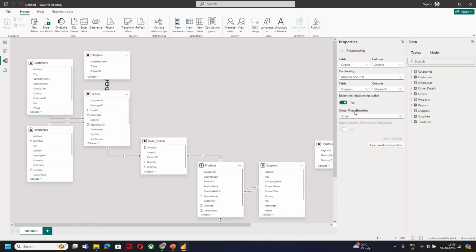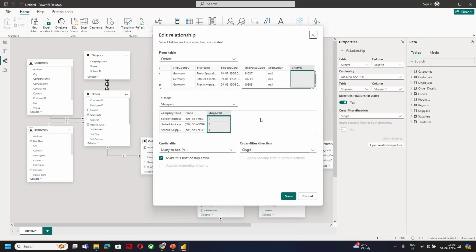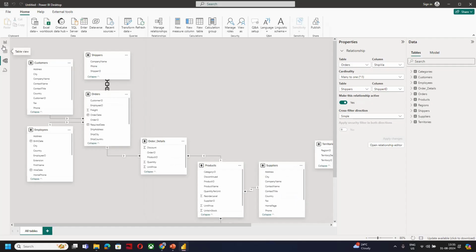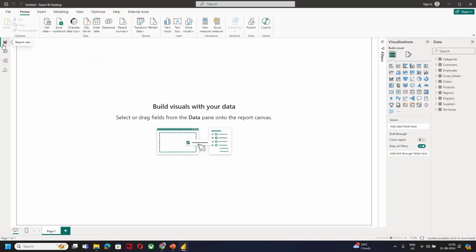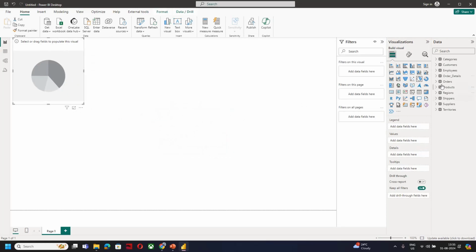So we'll also learn how to do it manually, how to build this relationship, how the relationship works, how the cross filters work, how cardinality joins work, right? So इसको काफ़ी सारा knowledge मिलेगा आपको। और ये जो सब wordings मैं use कर रहा हूँ, these are the wordings that you'll also need to use when you actually start working in any organization. So let's see, अभी मैं एक सिंपल पाई चार्ट क्रिएट करने की कोशिश करता हूँ।